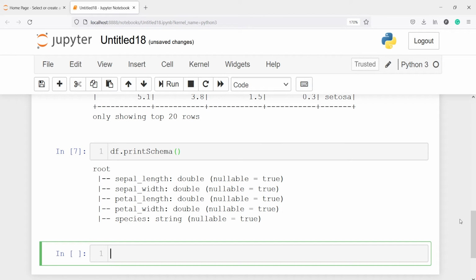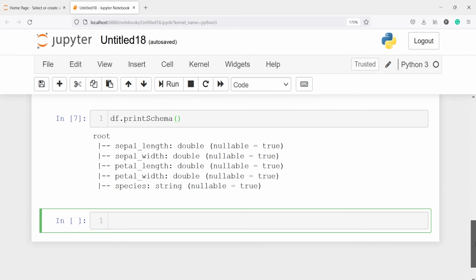Now we are going to write this file. When we write a CSV file in PySpark, it will create a folder, and inside that folder we will have our CSV file. So let's write the CSV file, and to write a CSV file we have to use the method write. First we will call our data frame df, then we will call the method write, then .csv, and inside this we have to give our CSV file name. For example, I will write iris flower tutorial, and then I will pass one parameter header equal to true.